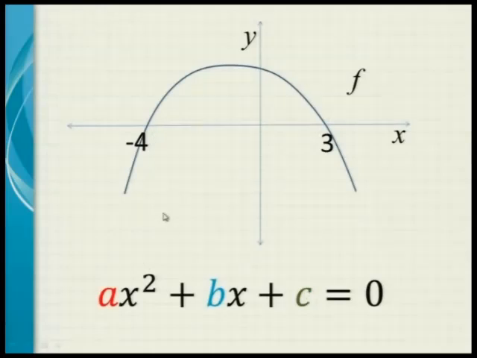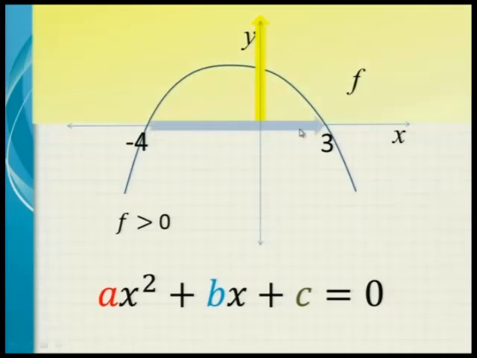What about a case where the graph looks like this? This will happen when a is negative. All right? When a is negative, it's got a frown. When a is positive, it is smiling. We'll do that when we do the parabola. So where is f greater than 0? Now it's between those two if the graph looks like this. So it's above the line, all the yellow area. So between those two, f is positive in this case if it's like that. And that will be the answer.